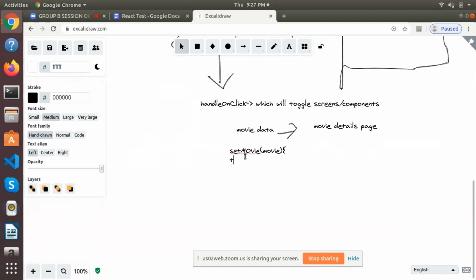and it will be updating the state. setState, let's just copy single movie to single movie with movie, and you have to basically set the toggle value to true, or let's just say show detail to true, because now that you have your single movie and your user wants to see the movie detail page,